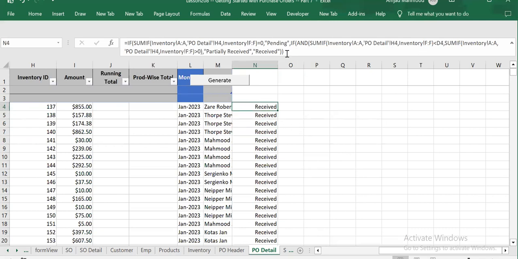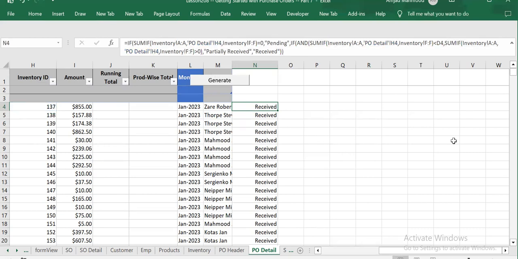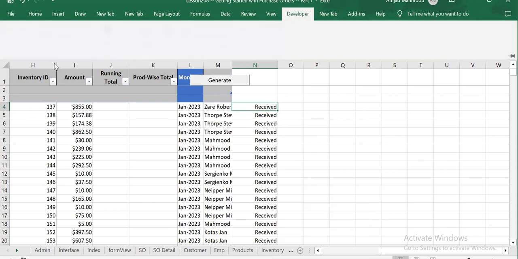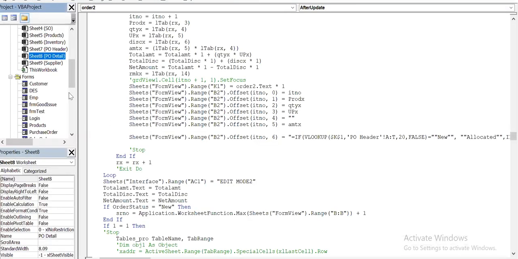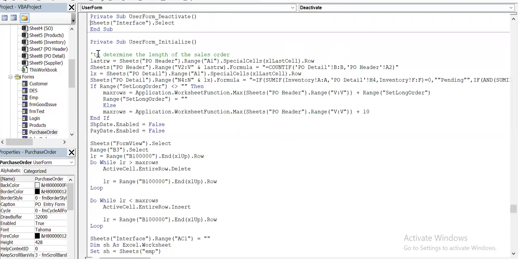We have to do two things in VBA. First of all, make sure that this formula is not removed and is always maintained by the system. The user does not have to worry about this formula. Whenever the form is initialized, it is going to write this formula in column N. So let's get back to the form. We go to the VBA, and in the purchase order initialize,